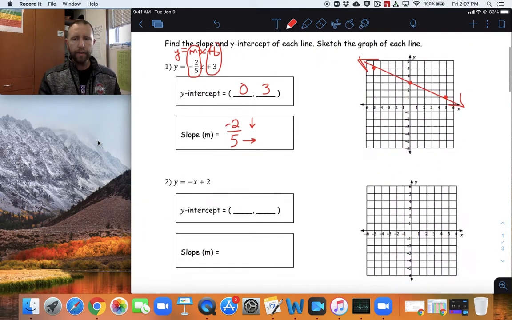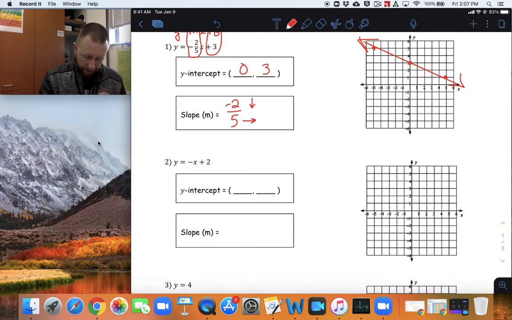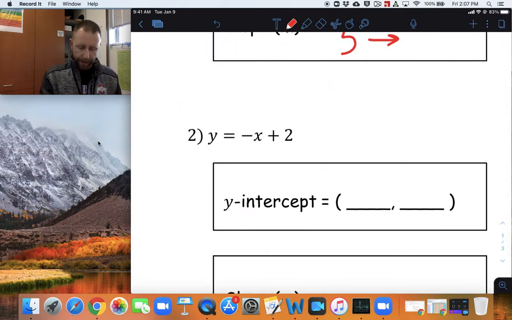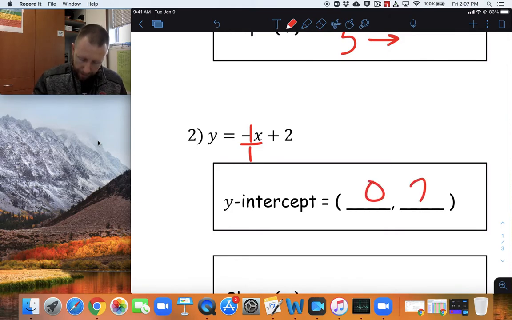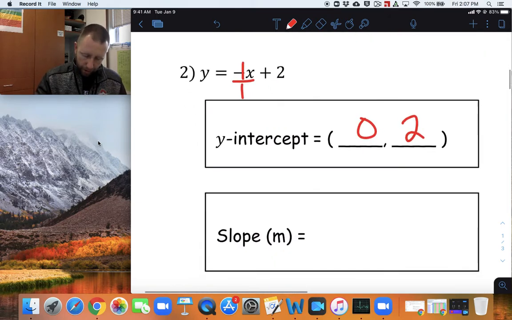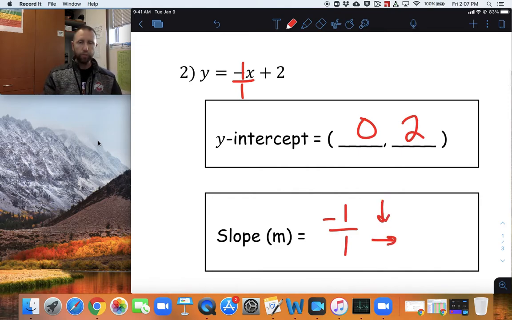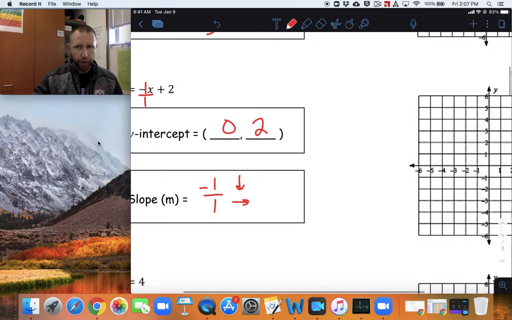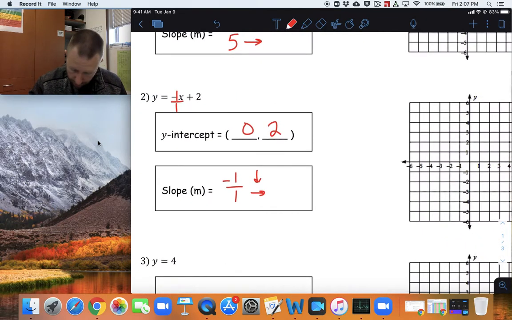Okay, for number 2, put the slope in. Remember, if there's not a number written in front of x, we know it's a 1. Well, in this case, it's a negative 1 because of that minus sign in front of x. My y-intercept again is positive. It's 0, positive 2. And my slope is negative 1 over 1, which is telling me go down 1 and to the right 1. So I go over here, I graph my y-intercept first at 0, 2,